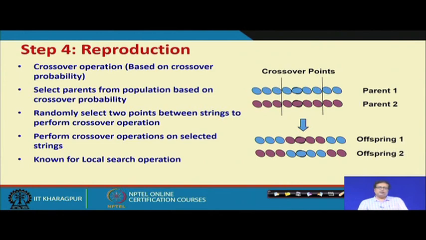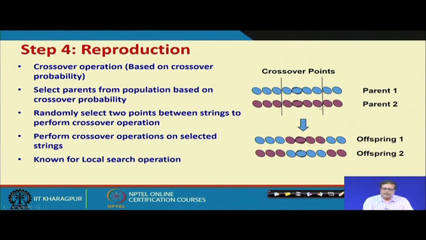So, that is what 70% means. Supposing the probability is not within that 70%, then we do no crossover. But when you do crossover, we can choose one or more sites. Here we have taken 2 crossover sites, which is again randomly decided. This is crossover site 1 and this is crossover site 2. So, you see how the crossover is made.